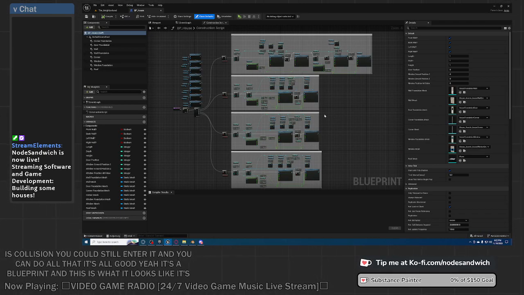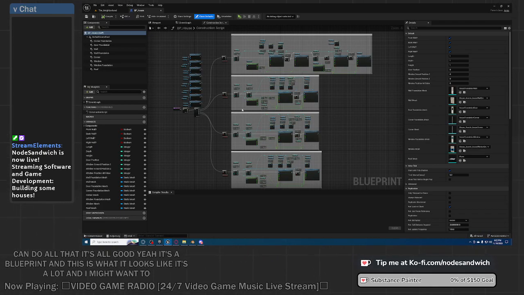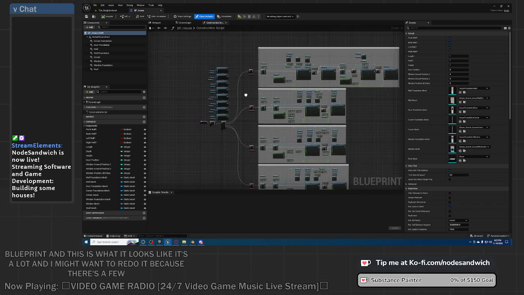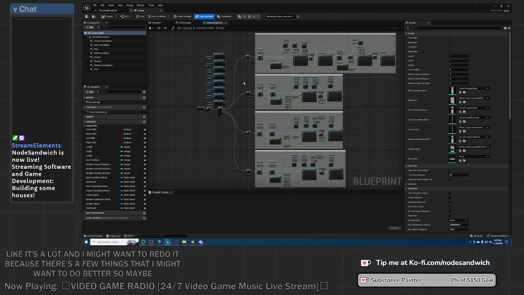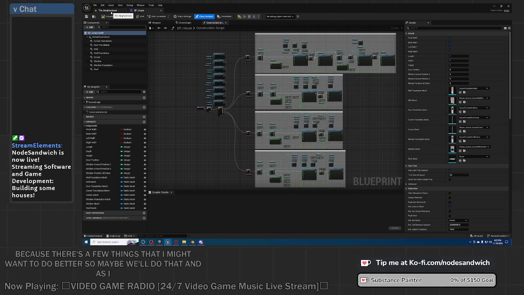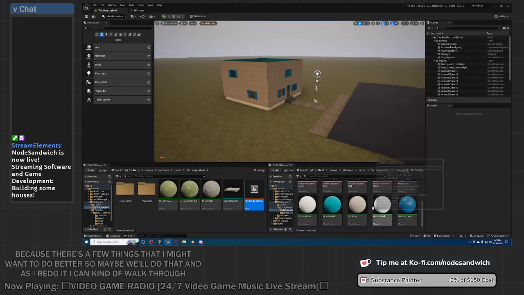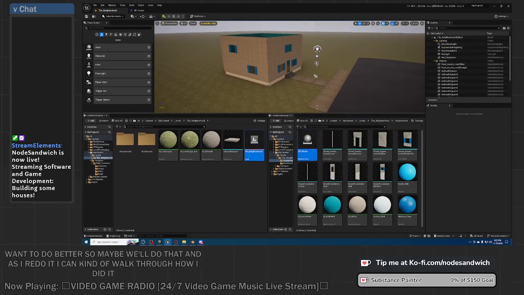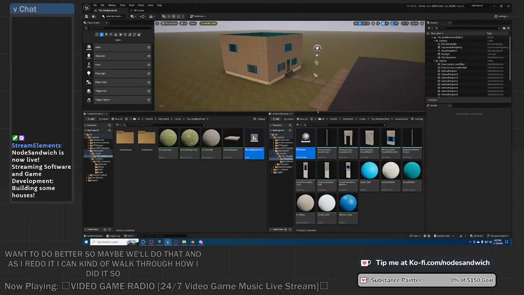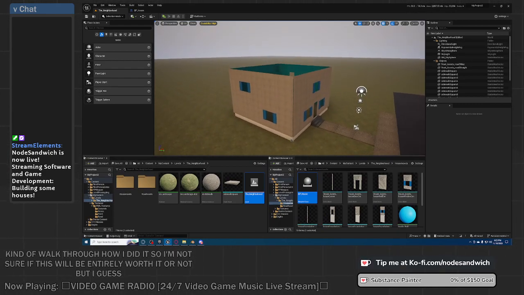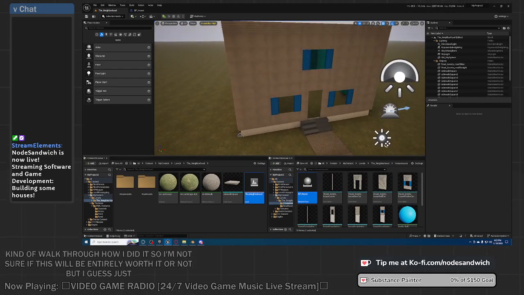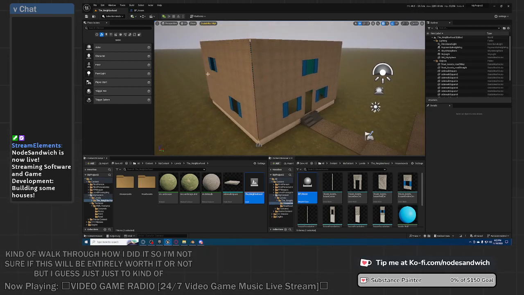It's a lot, and I might want to redo it, because there's a few things that I might want to do better. So maybe we'll do that, and as I redo it, I can walk through how I did it. I'm not sure if this will be entirely worth it or not, but just to explain what I did,